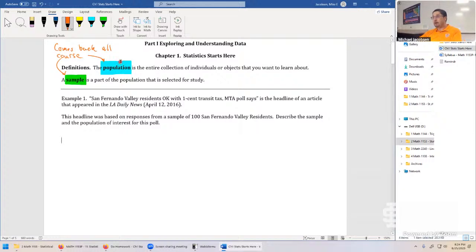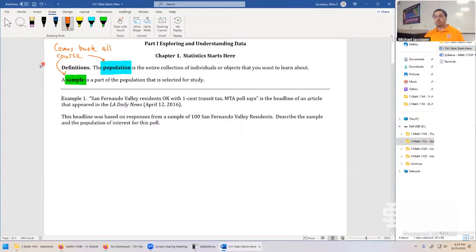And trying to understand the population through the sample is what we refer to as inferential statistics, which is our major objective of the course. It's tricky, but we have plenty of time to get through all those main concepts. Again, we're going to leave example 1 for when we come back fresh. This is not something I'm going to try to rush through in 10 minutes because it's important. So we'll see it again on Wednesday's class.